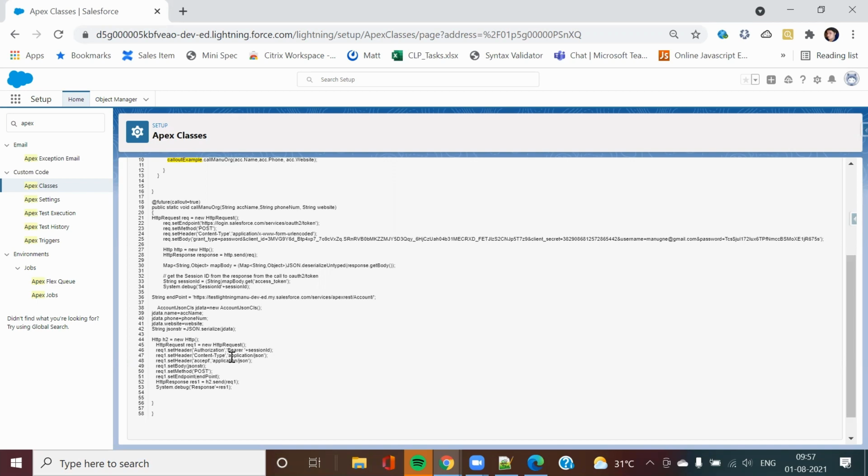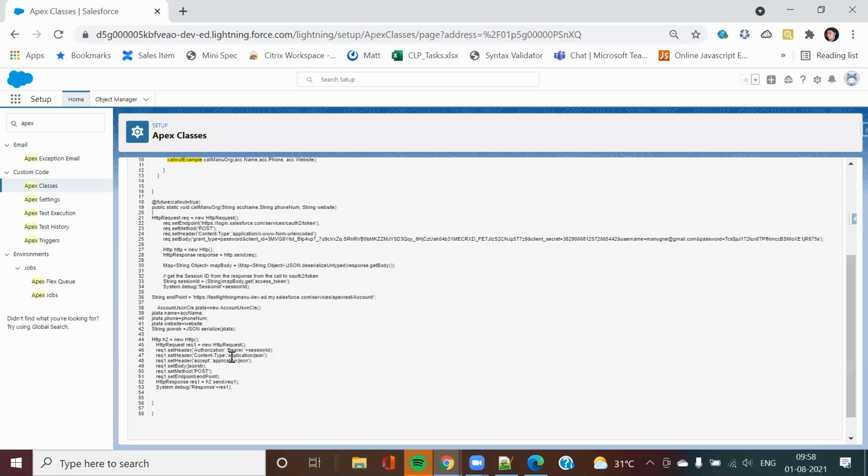So what I'm trying to do, I'm updating a contact, and with that I'm trying to update the user record also. So here this will give you a mixed DML operation error. The reason for that is your contact is a standard object, and this user is a setup or entity setup object. So in Salesforce, you cannot do the transaction with the standard object and your setup objects together.